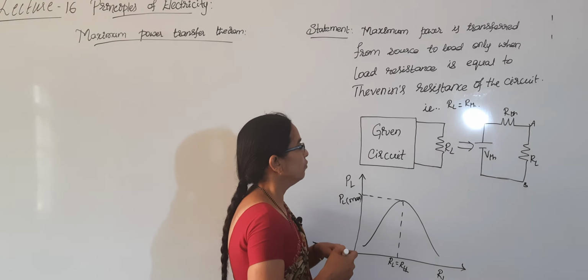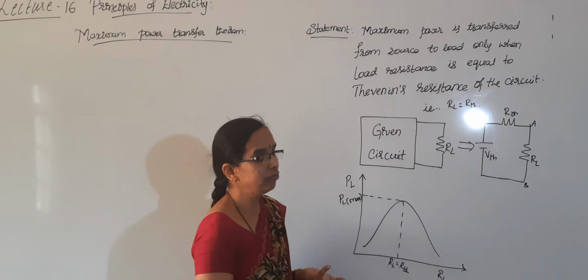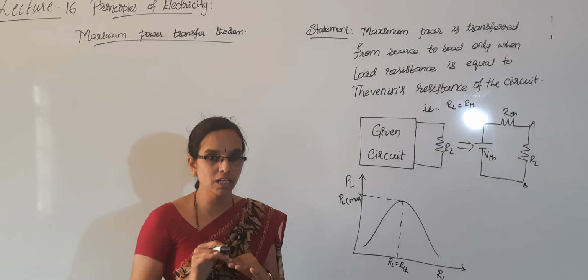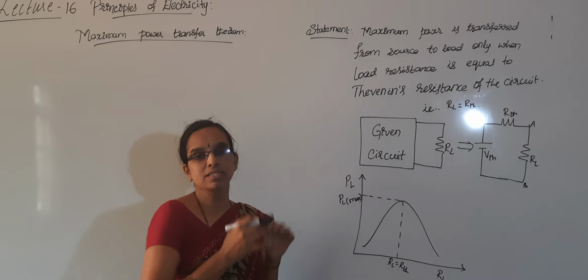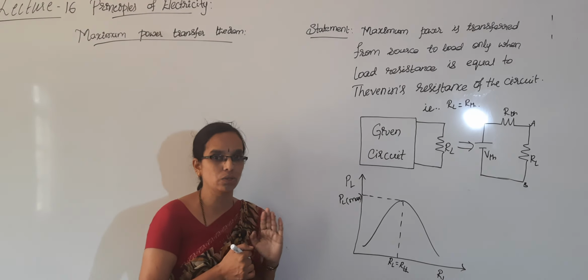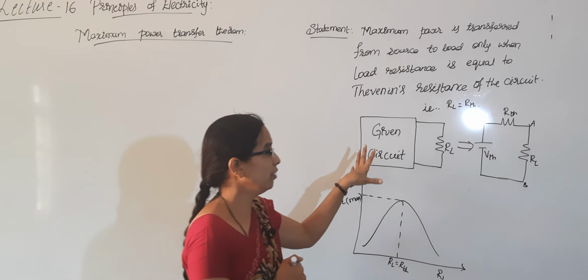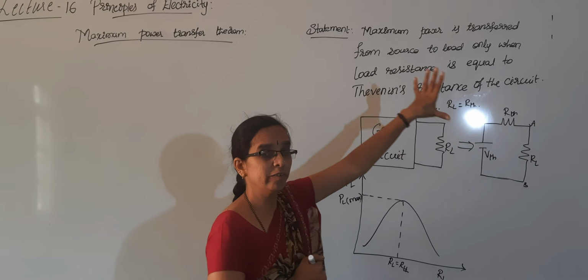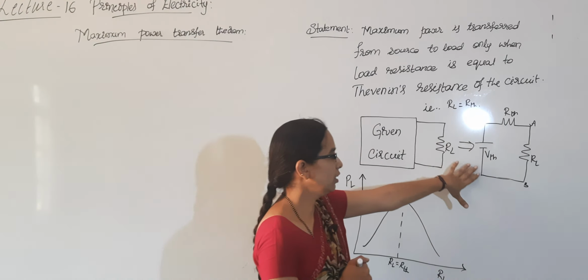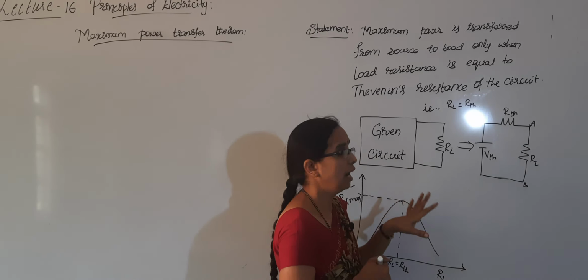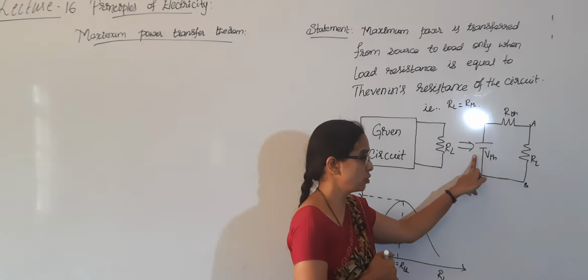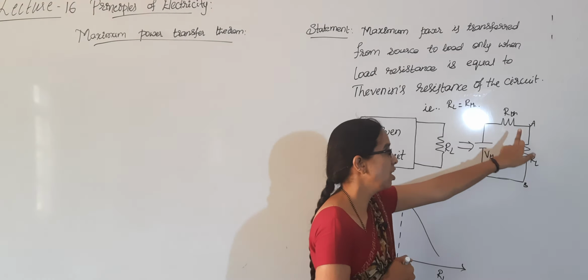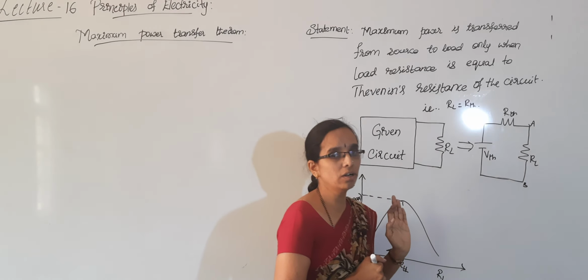To find the Thevenin's resistance, you disconnect the load resistance and make it an open circuit, and you calculate the effective resistance of the circuit by short circuiting the voltage source. Whenever the Thevenin's effective resistance of the circuit is equal to RL, then the maximum power will be delivered. Okay. So here the given circuit is simplified and written as only one voltage source VTH, the series Thevenin's resistance RTH, along with the connected load resistance.